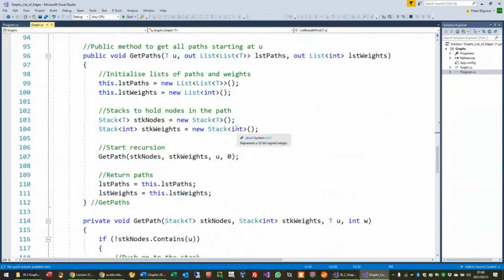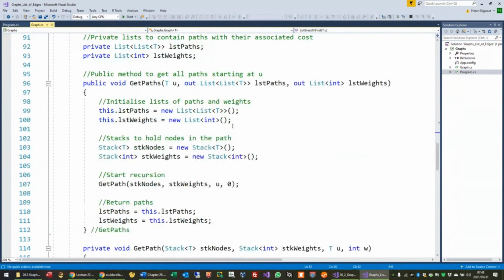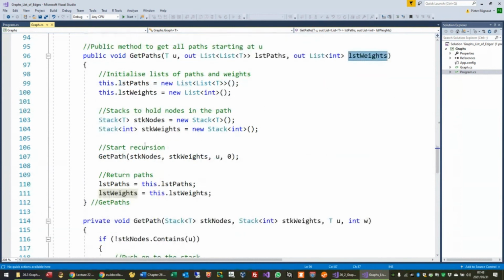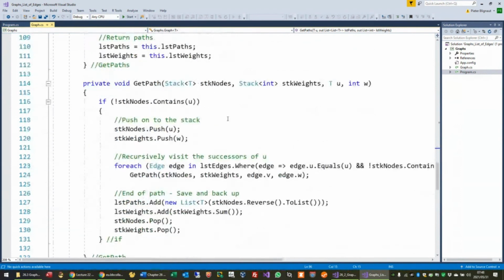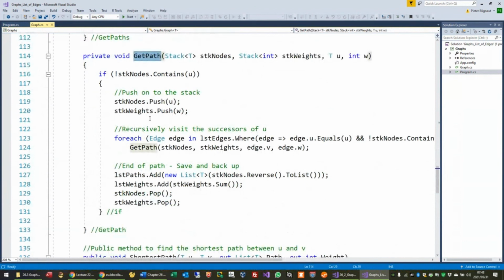And here we have separate paths, to find all paths starting at U. So this is all paths from U. Put it in a list of paths, and put the weights in a parallel list of weights. Start the recursion. Note that this one is public. Again, always two methods: one is public, one is private. That's my private one. It calls itself, and it calls itself every time for every